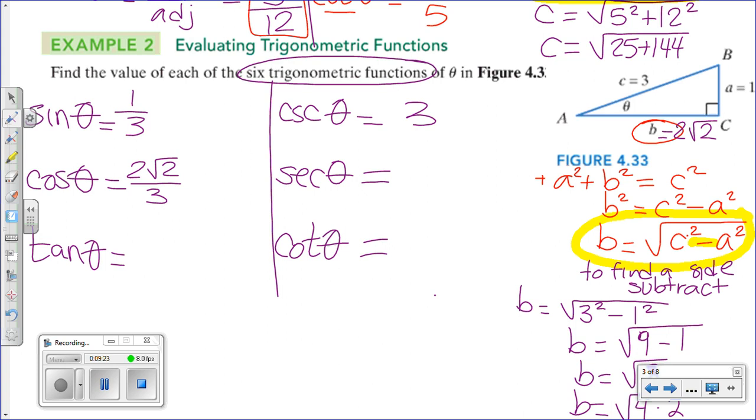So now for secant, it's going to take us a little bit of work, so it will be 3 divided by 2 times the square root of 2. Now here we need to rationalize the denominator. And in case you're wondering, do I need to multiply by the whole denominator? No, you only need to multiply by the square root of 2, top and bottom. So this will give me 3 times the square root of 2 over, and now what's going to happen here is that we have this 2 here,